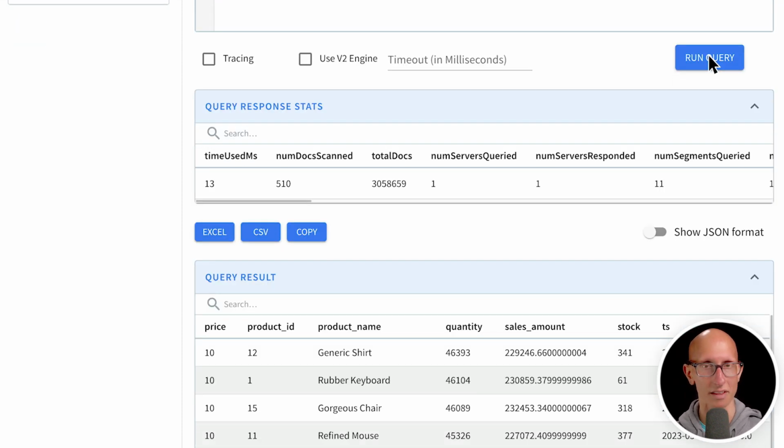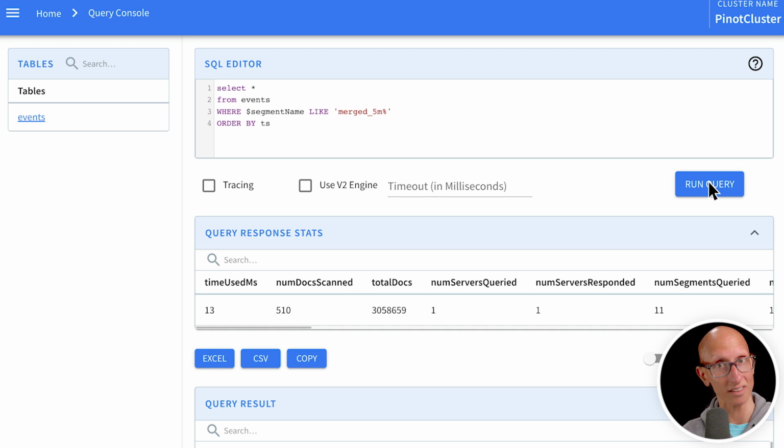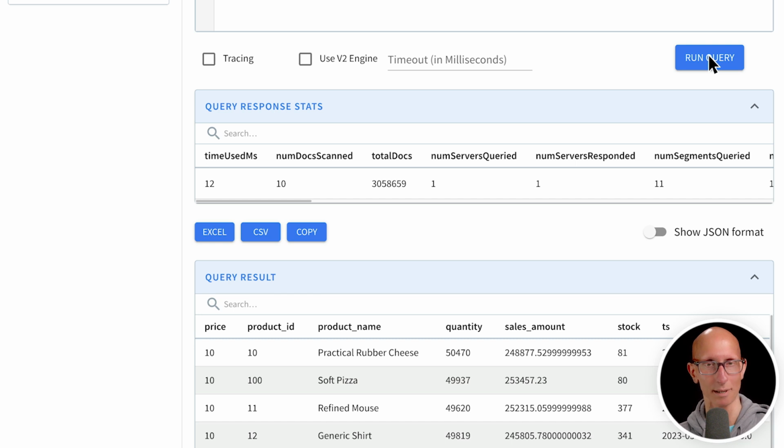And notice that, remember that the price is the max, the quantity is the sum, and the sales is the sum as well, and then the stock is the minimum value that was computed. So in this case, it's for each product that the aggregation has been done. And what about if we do the same for the 10M merged segments? So again, you can see now the main difference is the quantity and the sales amount are much higher